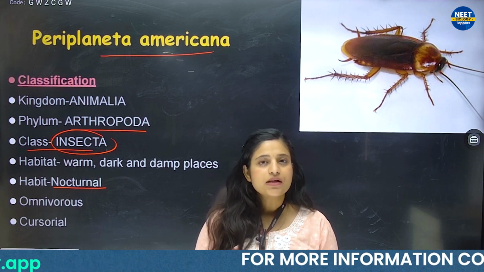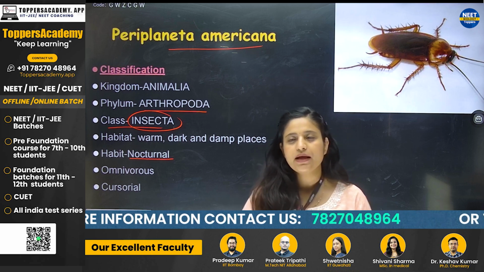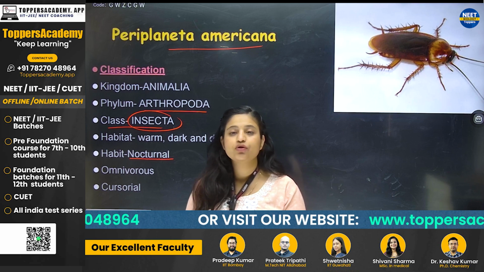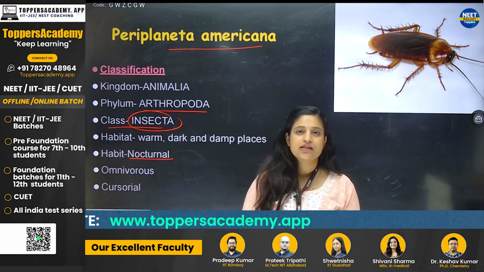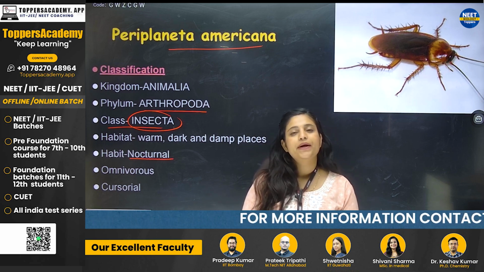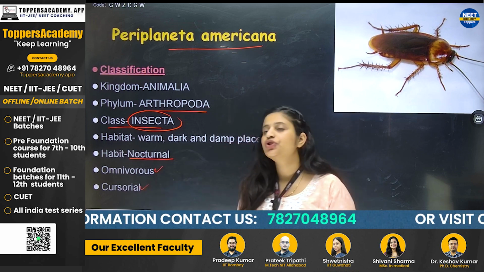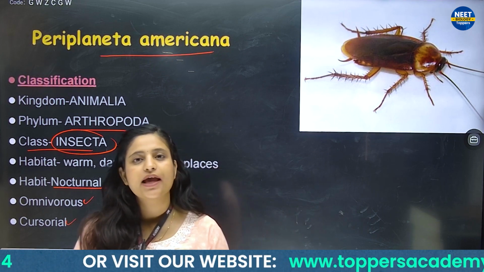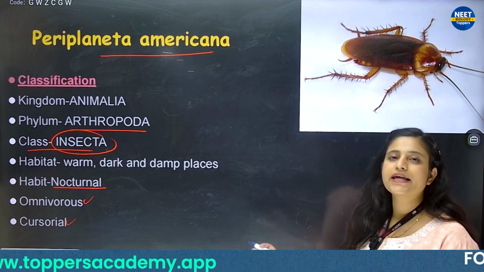Okay, the animals which are active during the daytime are known as diurnal animals. Okay, and cockroaches are omnivorous. Omnivorous means they can eat everything, even clothes and leather, okay? They can eat their own species too, okay? They even eat their own species, and this property is known as cannibalism, okay? Next, cockroaches are cursorial. Cursorial means those who can run very fast because they have jointed appendages, okay? So these are some basic classifications about your cockroach.